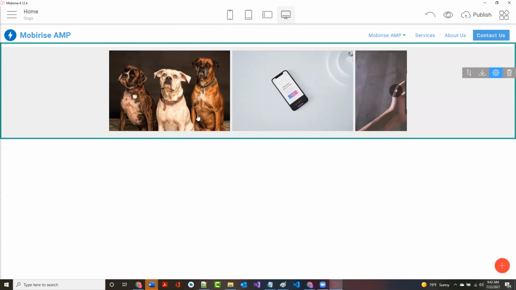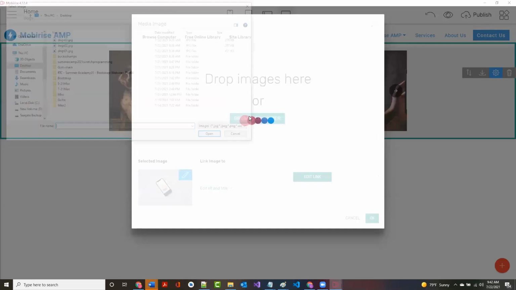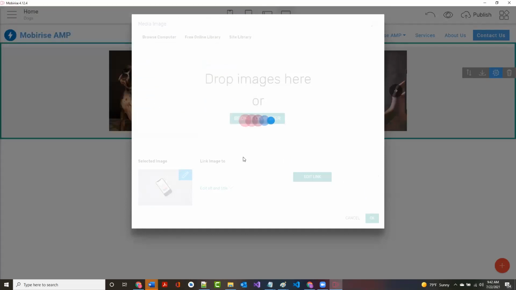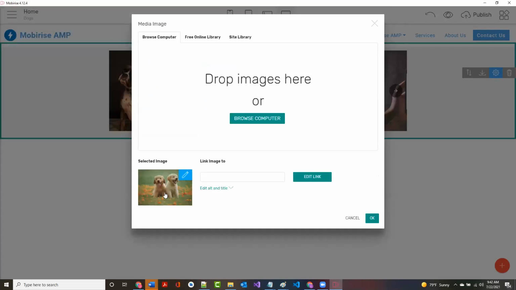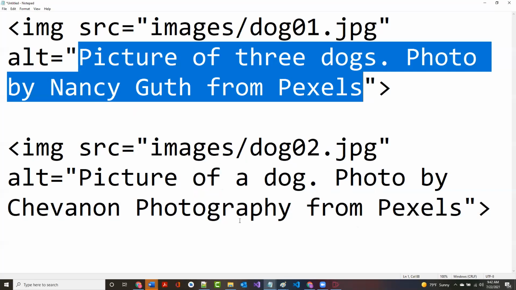So there's the first picture. Now I'm going to click on the second one, and I'm going to do the same thing. So again, I'm going to go over to Browse Computer. I'm going to find my Dogs02 picture. I'm going to click Open, and there's my second one. Again, I don't have to link these anywhere. I'm going to edit my title again, and I'm going to go back to where I just grabbed that stuff.